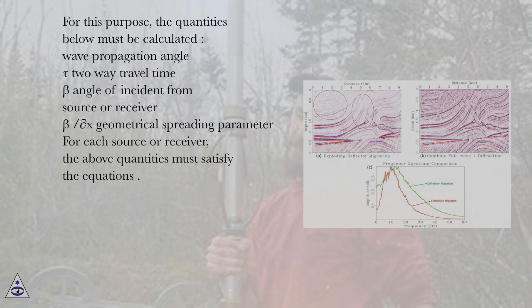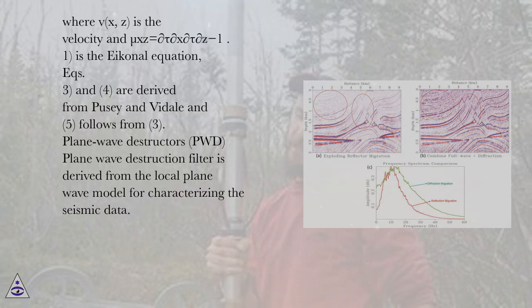Wave propagation angle. Tau, two-way travel time. Beta, angle of incidence from source or receiver. Beta/x, geometrical spreading parameter. For each source or receiver, the above quantities must satisfy the equations, where V(x, z) is